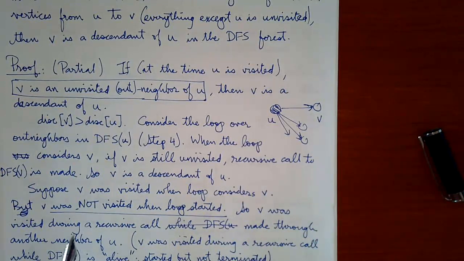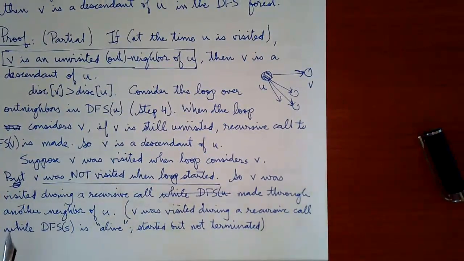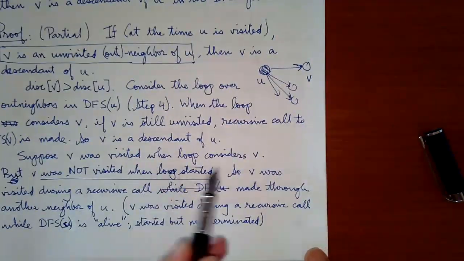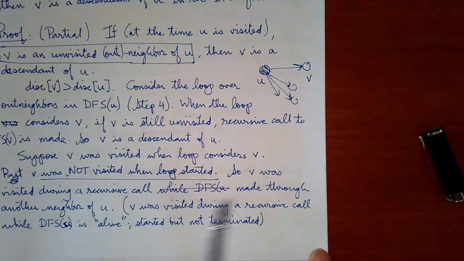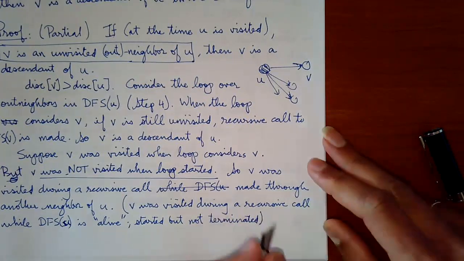So if V was visited, DFS(U), should it be DFS(U) is alive? I'm sorry, DFS(U). You're right. Exactly. So V was visited during a recursive call while DFS(U) was alive, because it happened when DFS(U) was going through the loop. It was not visited when the loop started, but it was visited when the loop considers U. So in that loop, it happened at some point, which means it happened while DFS(U) is still alive, which means that hence